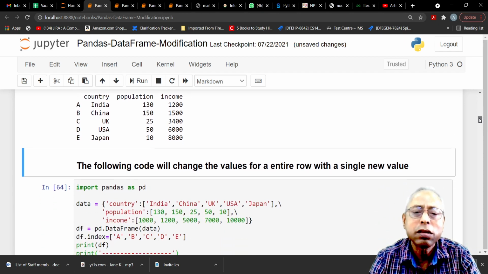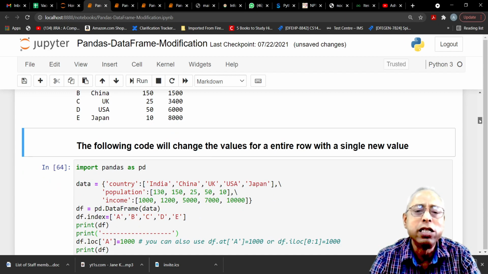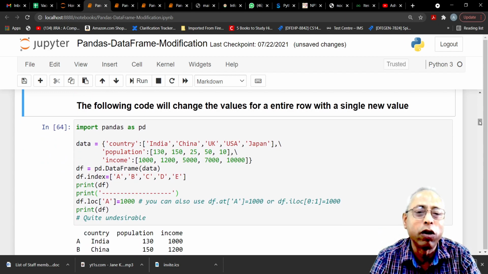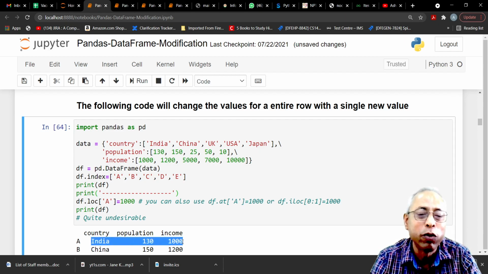Now, how about changing the contents of an entire row with a single value? I know this looks quite funny, because if you're talking about records, changing the contents of a row with a single value is not often desired. But it can be done.